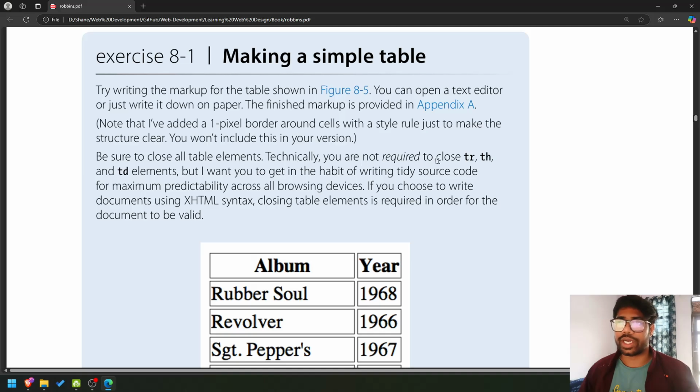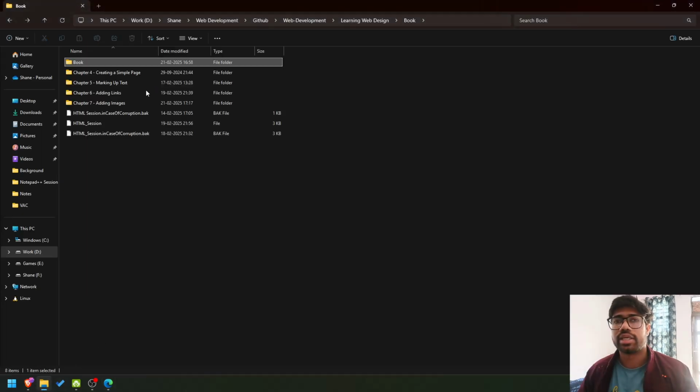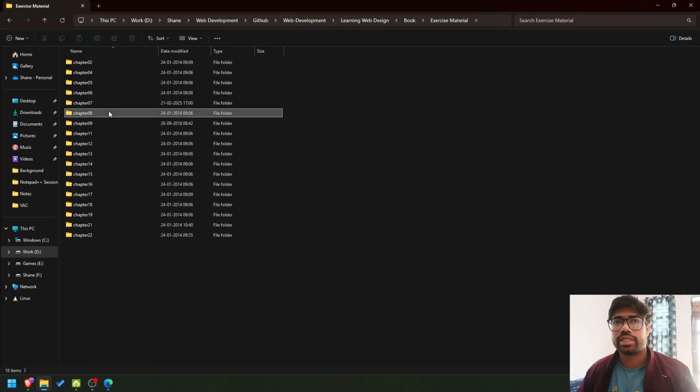Technically, you're not required to close the tr, but you should get in the habit of writing tight source code for maximum predictability across browsers. I suggest writing documents using XHTML syntax, where closing table elements is required in order for the document to be valid. Okay, then in the 8th chapter,